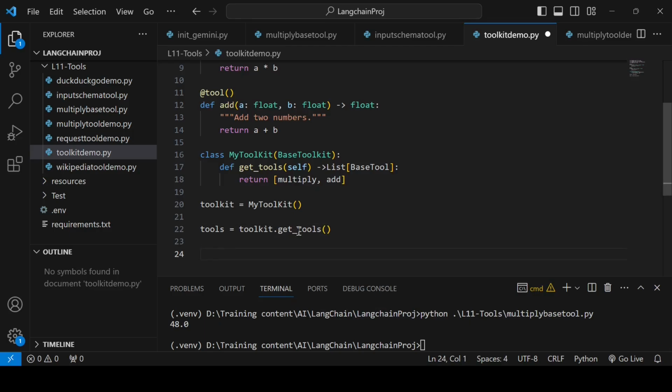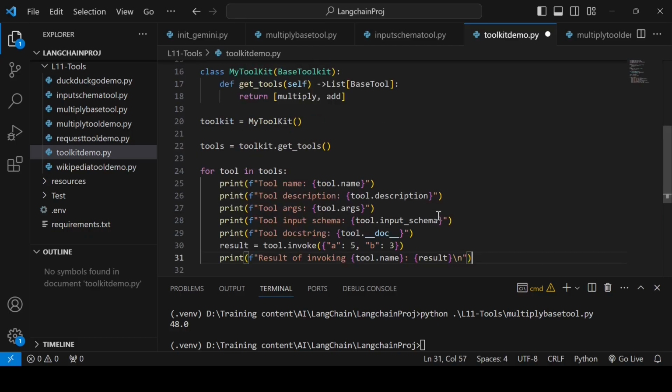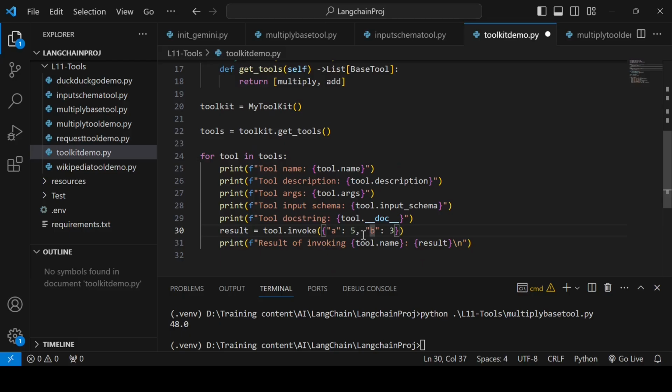Now I have all the tools of this class. Then if you want to go through all the tools and print metadata, that's how I can do it. For tool in tools, I can get the name, description, args, input schema, doc. So this all is metadata. Then I invoke each tool also with parameters. Both have the same parameters, so I can do that.